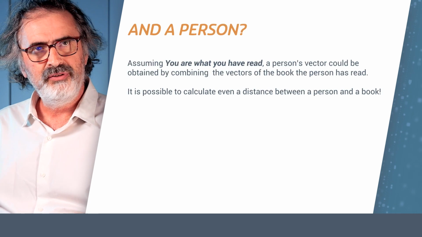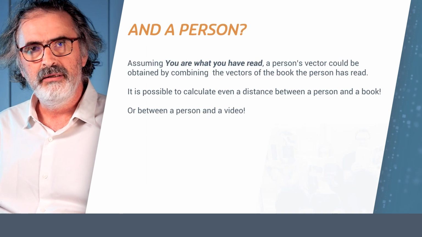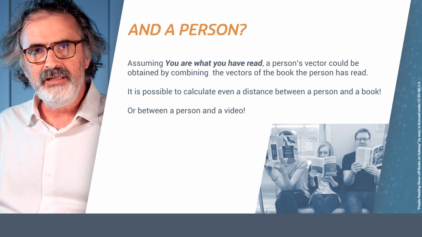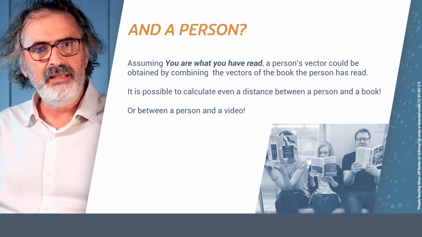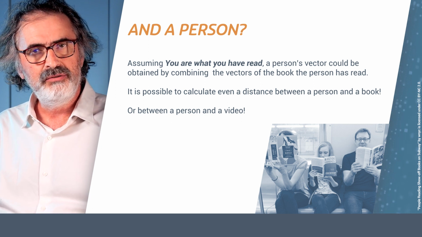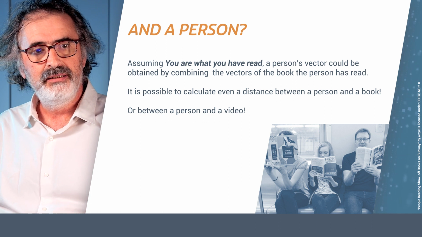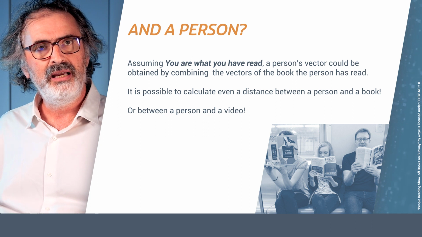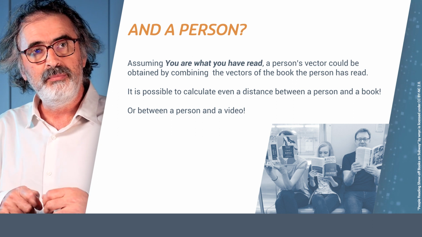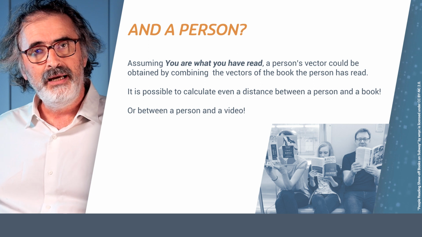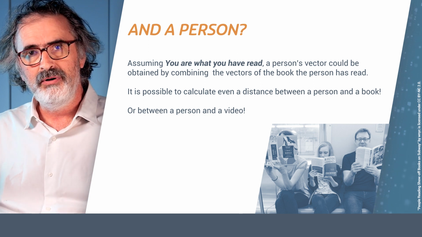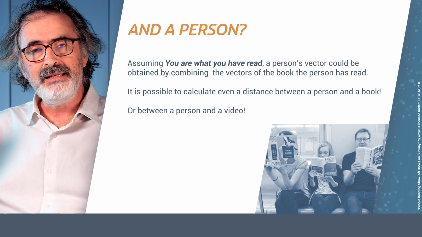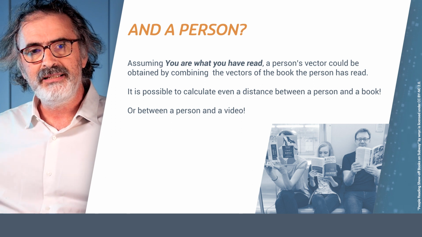So up to now, we have compared children with children, we have compared rabbits with rabbits, and we've compared texts with texts. But we can actually compare people with texts. We can make the hypothesis that a person is what she has read. And if I take, let's say, the 5 last books that I have read, those 5 books can be seen as one gigantic text. And I can do the same reasoning as before to be able to have, again, a vector representing me as in me being the text that I have read.